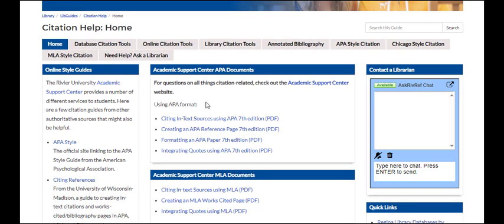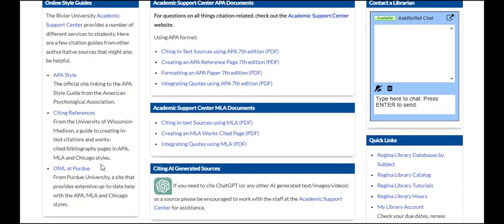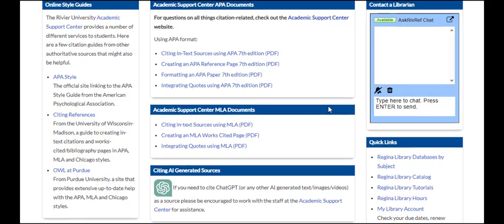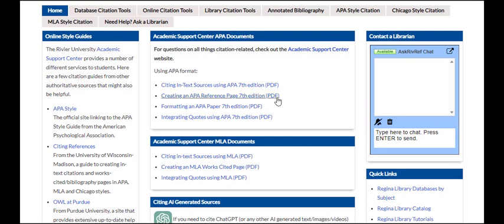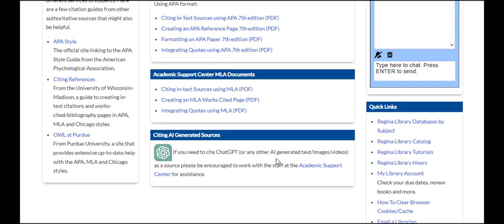Here on the home page, you will find links to a variety of helpful resources, from online resources such as the official APA Style Guide and the excellent Purdue OWL, or their online writing lab, as well as documents created by the folks at Regina's Academic Support Center for both APA and MLA citation styles. They will even help you figure out how to cite ChatGPT if you found yourself exploring this exciting new tool